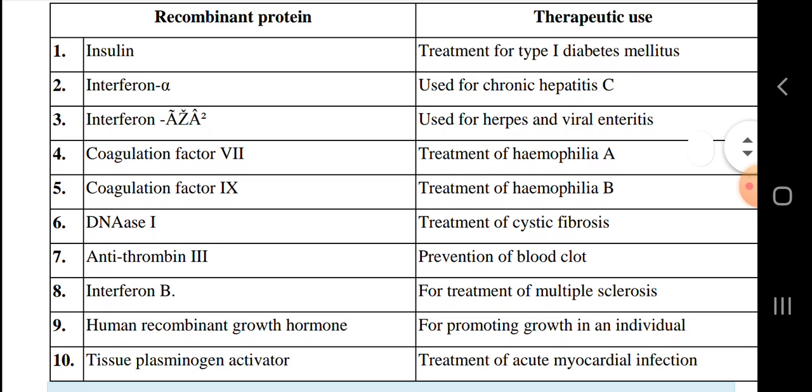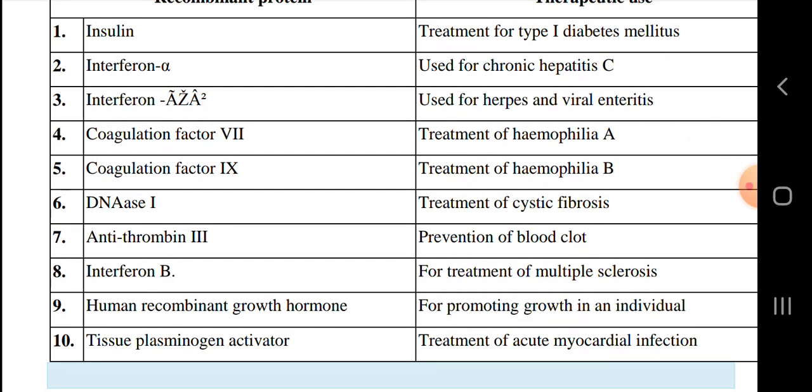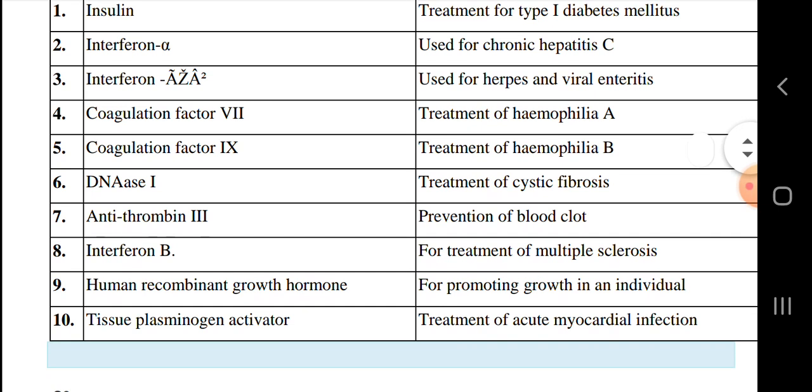These are insulin, which is used for the treatment of type 1 diabetes mellitus, and interferon, used for chronic hepatitis. Interferon is also used for herpes and viral enteritis, and coagulation factor 7 is the treatment for hemophilia A, and coagulation factor 11,